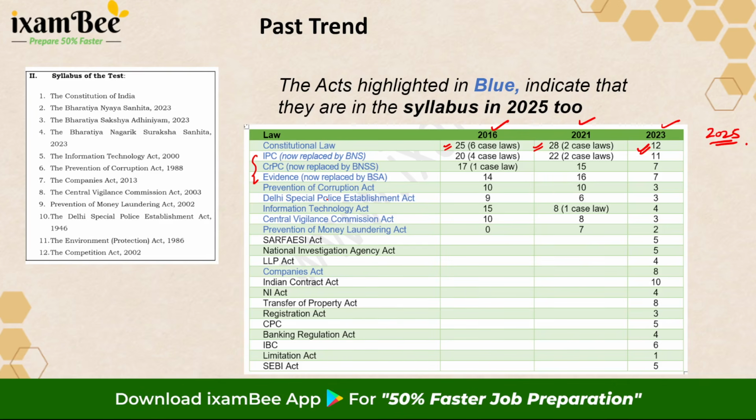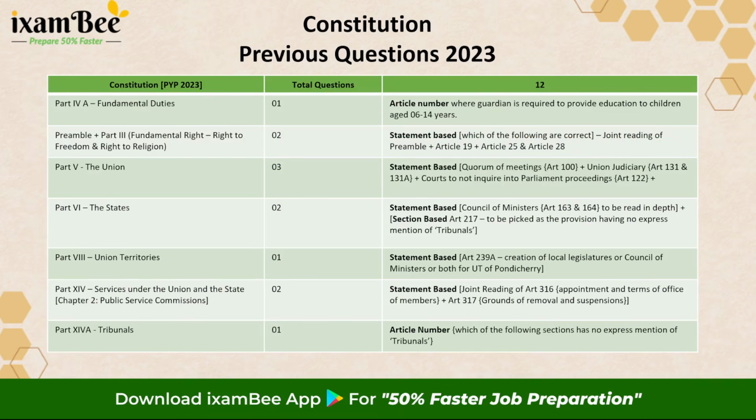So this is going to be important this year also. So let's have a look at what these questions were and how the pattern of the questions was. The 12 questions asked in 2023, if I divide them over the various subparts of the constitution, you will see